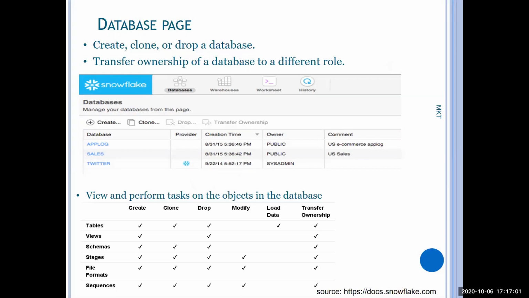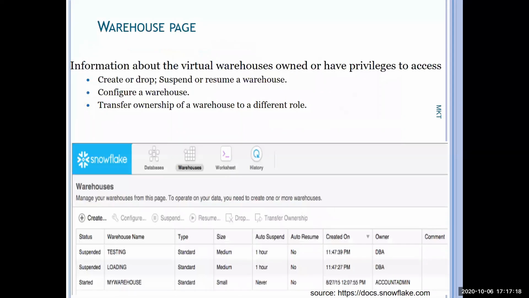You are able to create a database, and you are able to perform any task on the database itself. So you have table, view, schema, stages, file format, sequences. Anything can be done using this web UI itself. Then the warehouse page. Whenever you are creating a database, it is just a database. You remember, it is a separate layer. When you want to access the database, I need a warehouse.